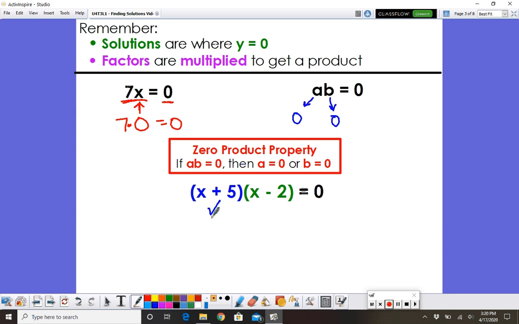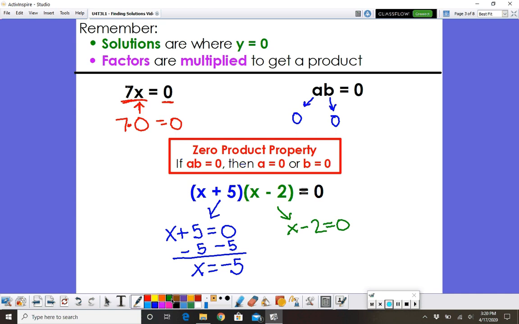The way I'm going to use my zero product property is I'm going to take each factor separately and make it equal to 0. Because I know that this factor might be 0, or this factor over here might be 0. Once I have those written, all I have to do is solve them. So I'm going to use my inverse operations, and I find out that x in this case could be -5, or I'm going to solve this equation, and I'll find out that x could be